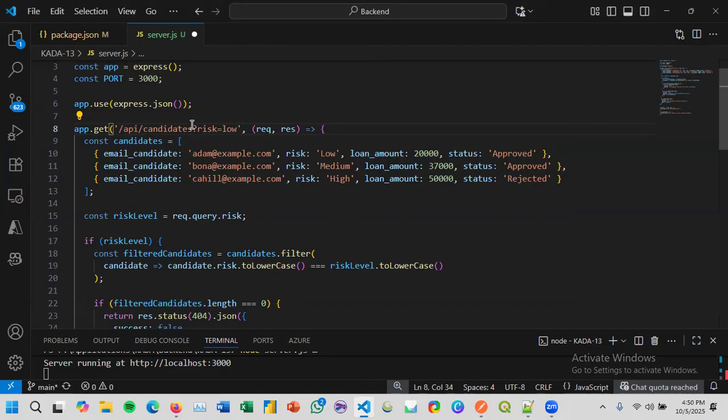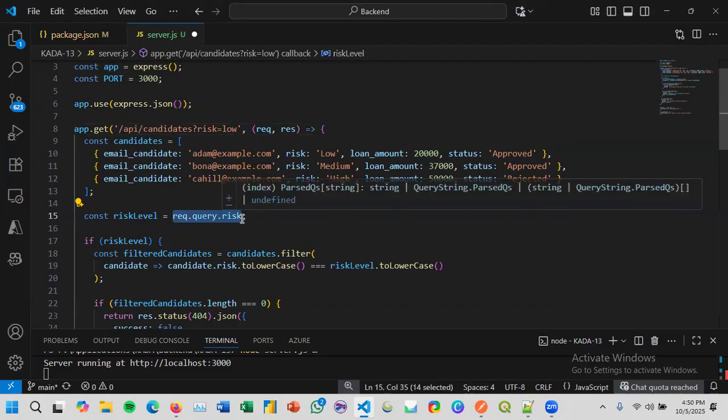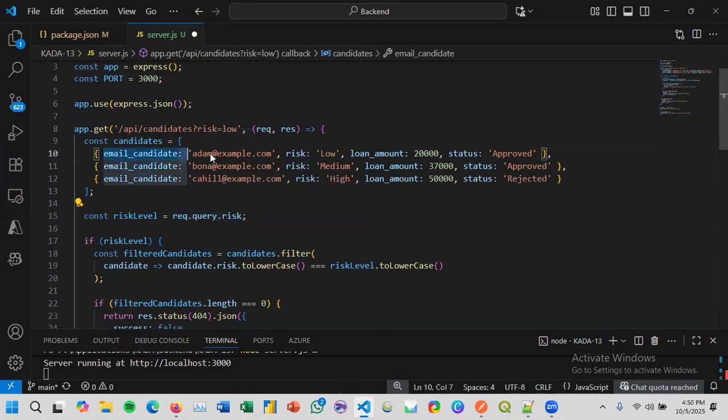Then Express will put low into request.query.risk, so the low filter will be added to request.query.risk. So it will only show the low risk candidate, which is Adam.